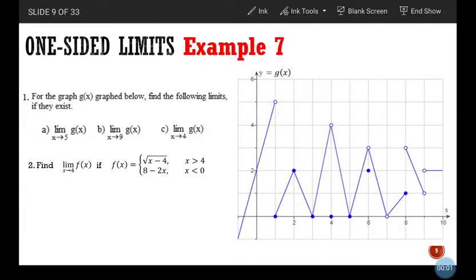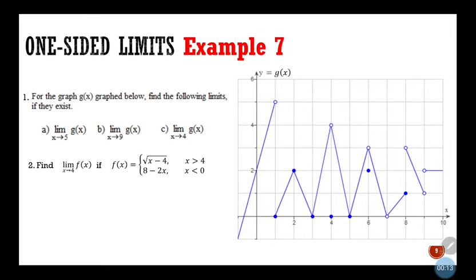Alright, so now we come to the third part of the video for today's asynchronous lecture. Okay, so now we have another example, example 7. For number 1, for this example 7,